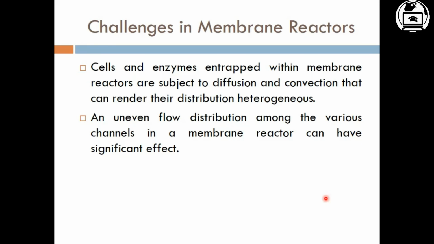in a membrane reactor can have significant effect. और जो फ्लो डिस्ट्रीब्यूशन है वो भी अनइवन है, किसी साइड पर ज्यादा हो जाएगी और चैनल्स बन जाएंगे अंदर। तो ऑब्वियसली जब आपका लिक्विड फ्लो कर रहा है तो आप उसको रोक नहीं सकते कि वो इस तरह से फ्लो नहीं करेगा, उसने जिस तरह फ्लो करना है वो उस तरफ जाएगा। तो आपने बस उसको मेंटेन करना है, कोई इस तरह के मेथड्स जनरेट करने हैं कि आपका जो फ्लो डिस्ट्रीब्यूशन है वो मेम्ब्रेन रिएक्टर के अक्रॉस इक्वल रहे।